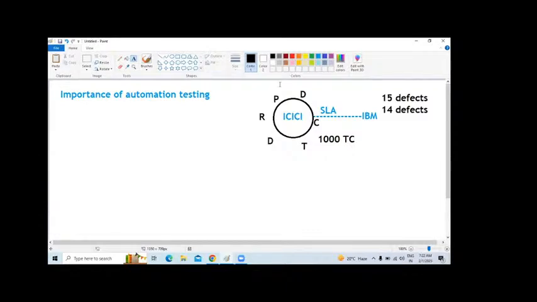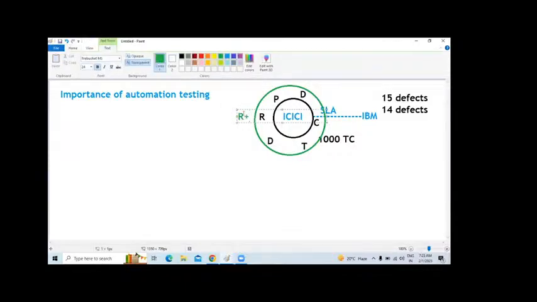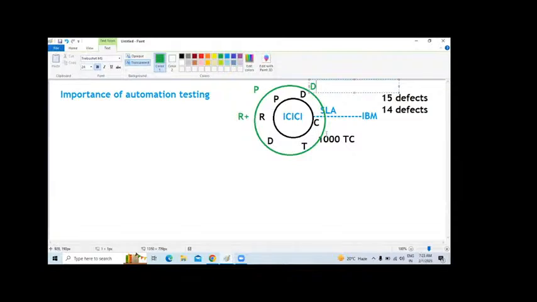So whatever offers are given by the customers, that should be incorporated here. Now again, IBM is going to give the support for ICICI Bank. So here they would be adding new features. They're planning it again, and they will go for the design, and they will go for the coding,